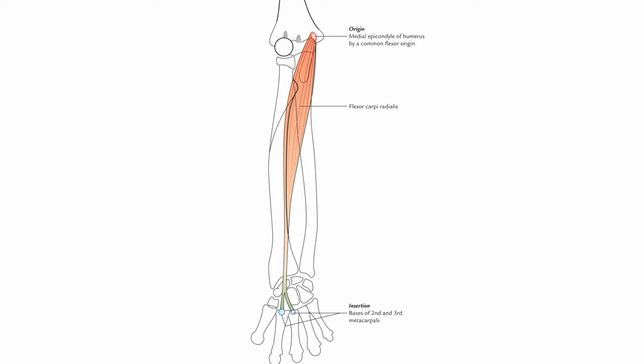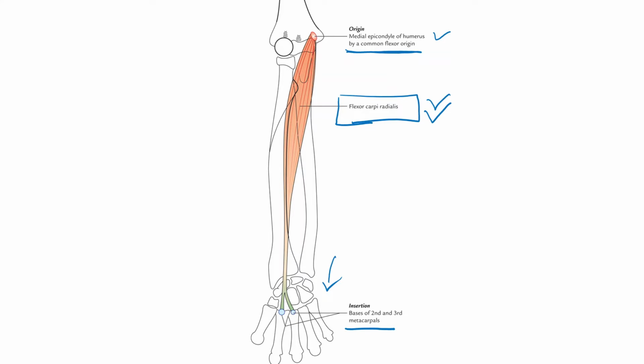Moving on to the second muscle, which is called the flexor carpi radialis. Yes, this flexor carpi radialis takes its origin from the common flexor origin, that is on the medial epicondyle of the humerus, descends straight down in the anterior compartment, crosses the wrist joint to get inserted onto the palmar surface of the base of the second and third metacarpals. The insertion of this flexor carpi radialis is onto the palmar surface of the base of the second and third metacarpal. So this is about the attachment of the muscle flexor carpi radialis.